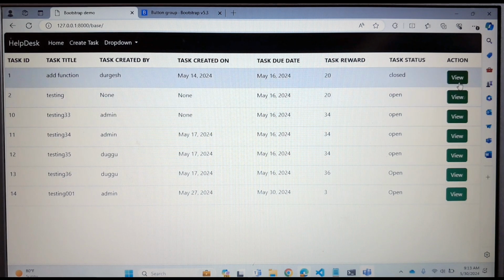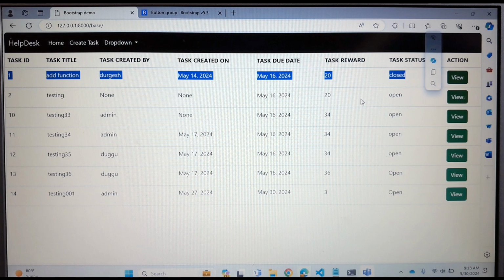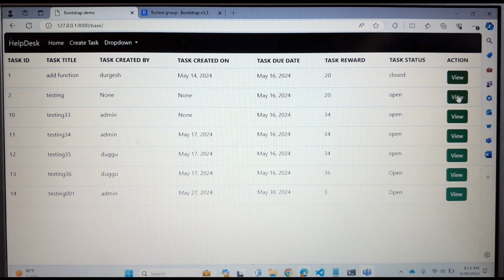For example, when I'm clicking on this view, I want to redirect to another page and on that page, I want to display only the complete information of this particular task. For example, if I'm clicking on this view, I want to display only the information which is related to this task only. So it means we have to